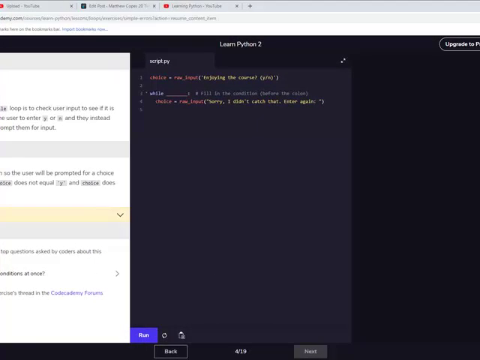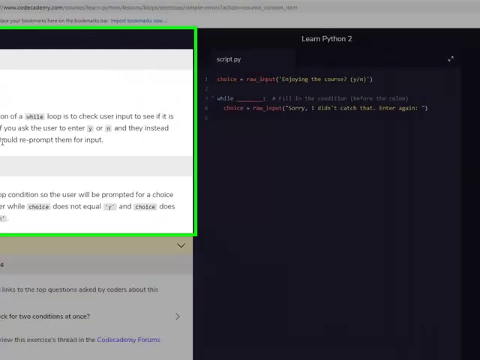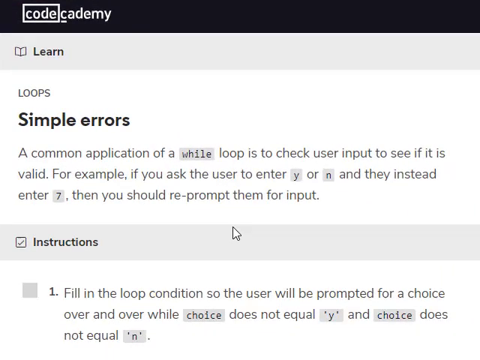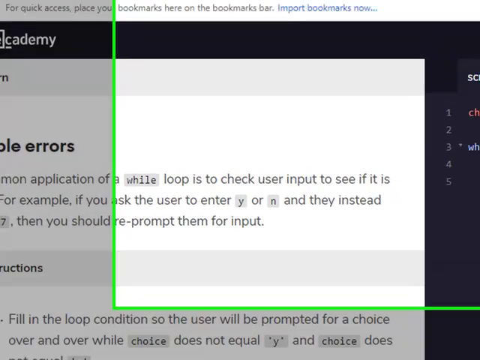A common application of while loop is to check user input to see if it is valid. For example, if you ask the user to enter Y or N and they instead enter 7, then you should reprompt them for input. Fill in the loop so the user will be prompted for a choice over and over while choice does not equal